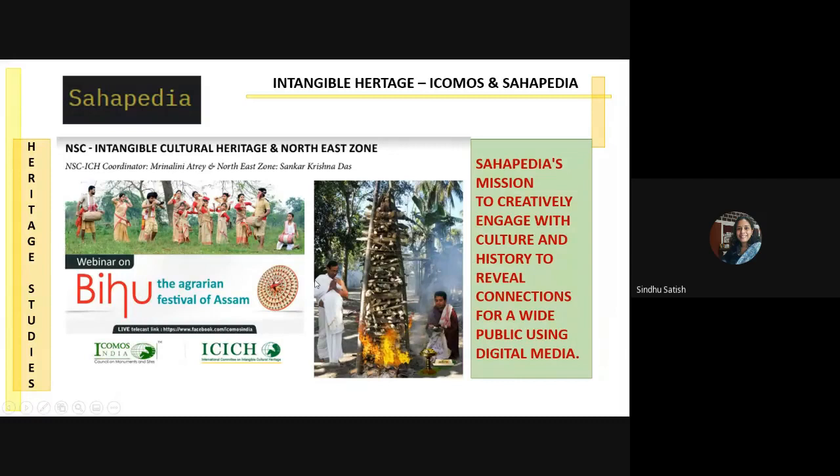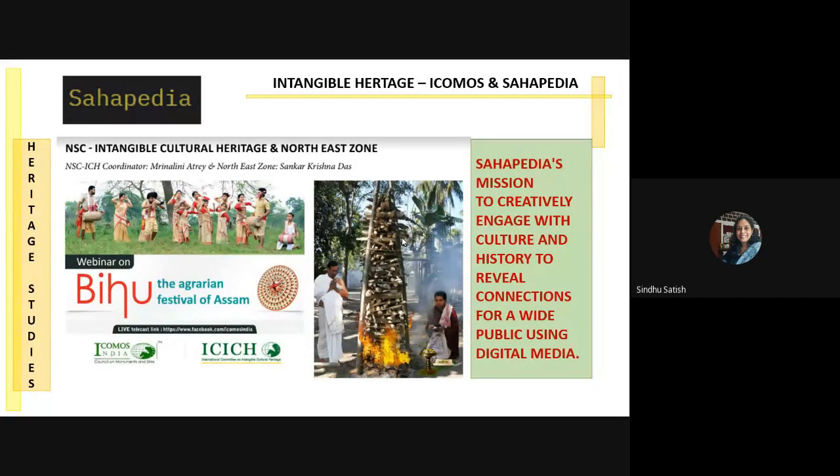That is intangible heritage work going on. Other than that, I would like all of you to make a note of Sahapedia. It is a very interesting NGO, which is actually an open online source of arts, cultures, and heritage of India. Saha means together in Sanskrit. So Sahapedia means they work together, and they invite us to explore together the richness of the cultural landscapes.